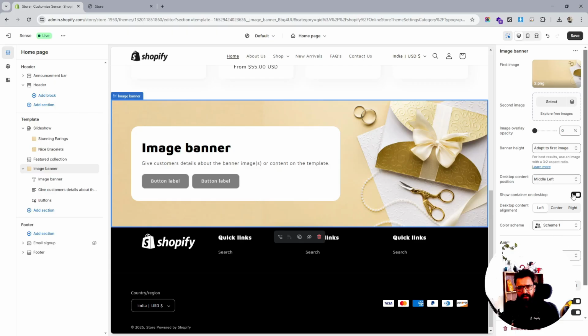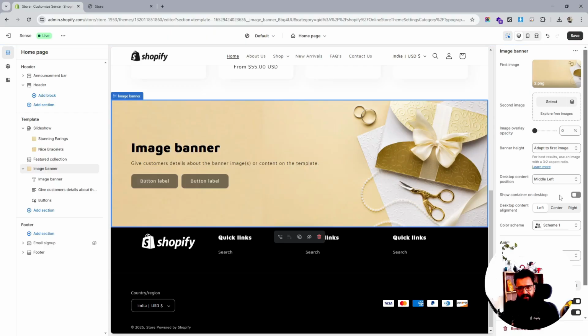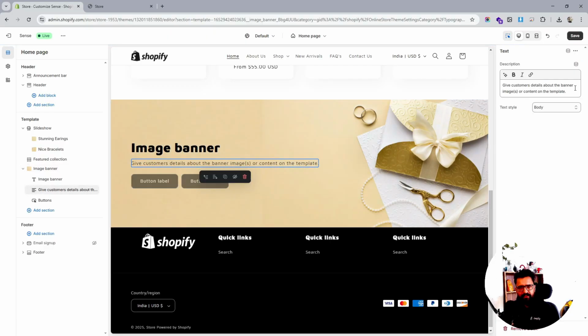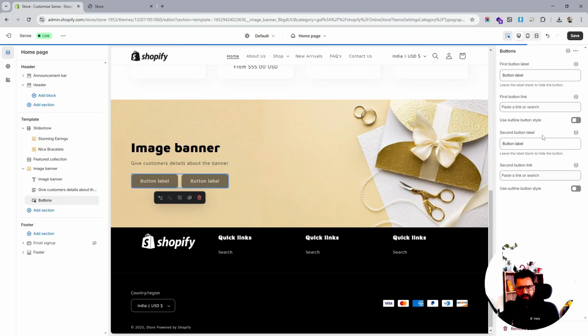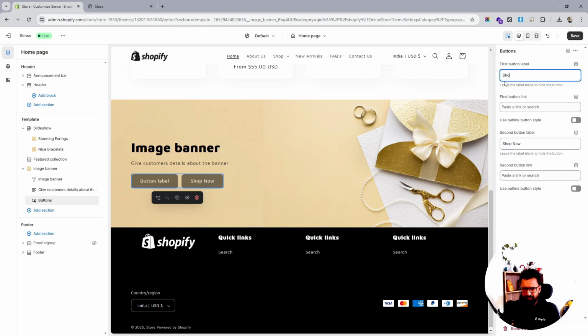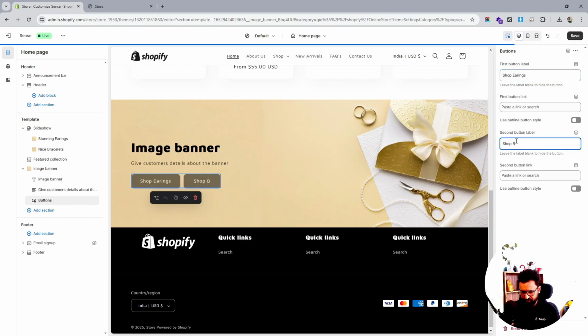and I don't need the container on the desktop portion. All right, so this is how it looks, and I don't need two buttons over here. I just need a single button, and you know, shop now, and let's see, shop earrings and shop bracelets. All right,